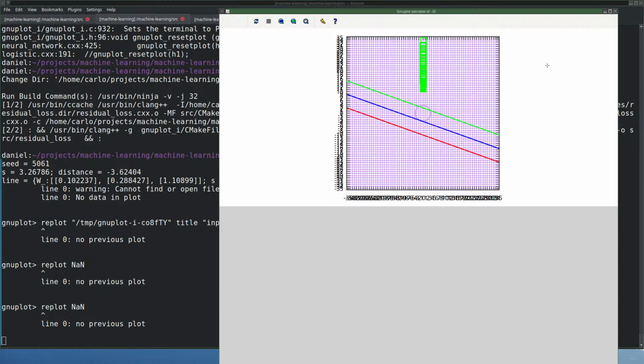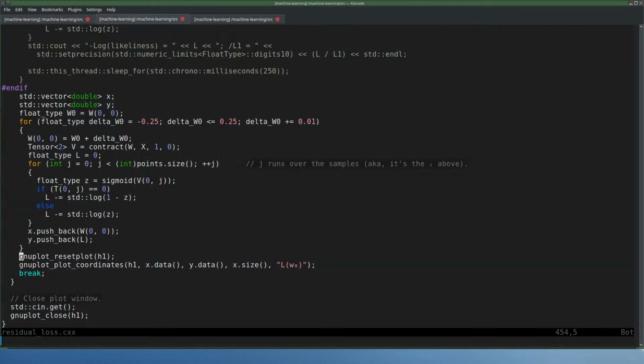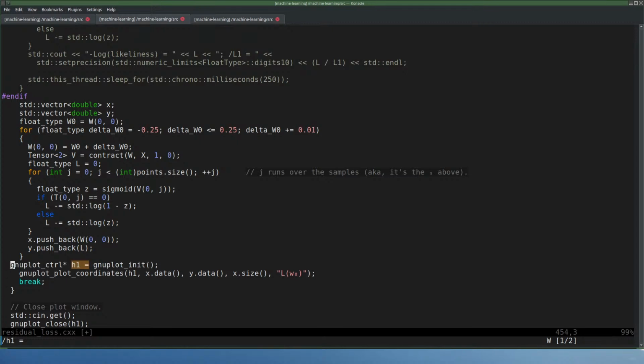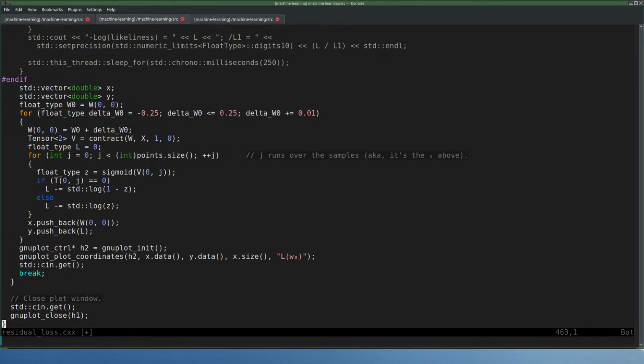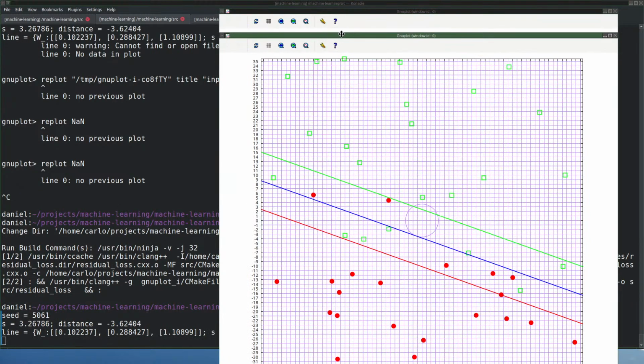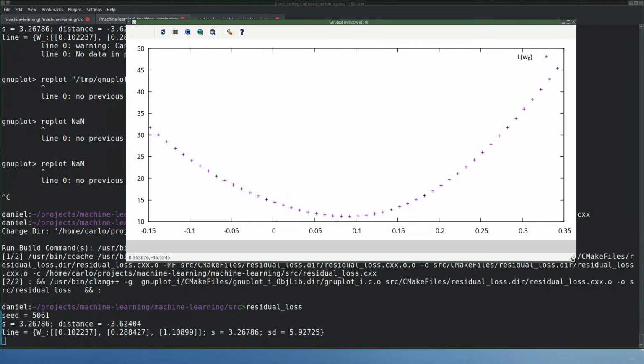No, that did not work. Okay, then we'll make a completely new one. H1 is, H2. Draw it, wait for the return, or just wait there. Why wait there? Should have two windows now. Yeah, there it is. This is our loss function, as function of